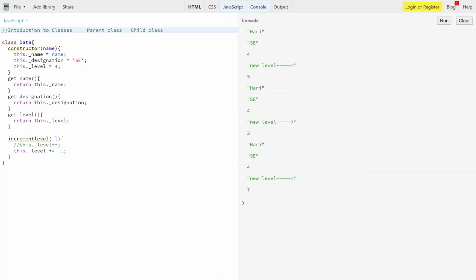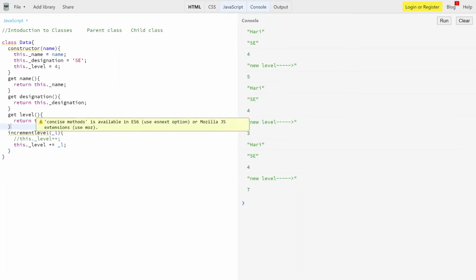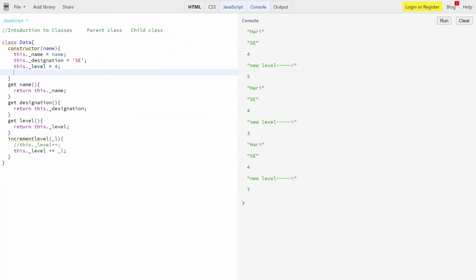So if we go through that, let me show you with the help of one very quick example. So we have increment level, or say I have created take. So we have name, designation, level, and I have introduced a few more things over here.